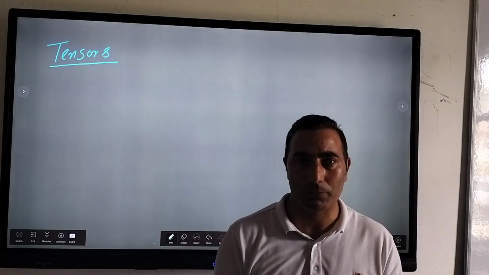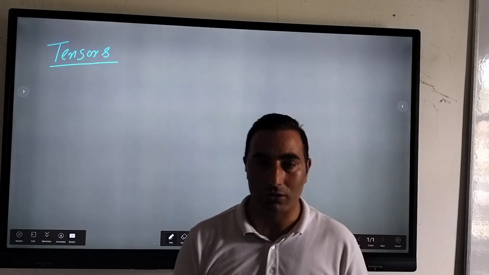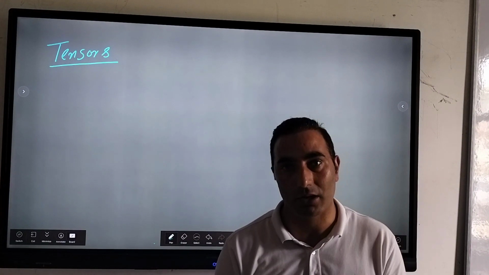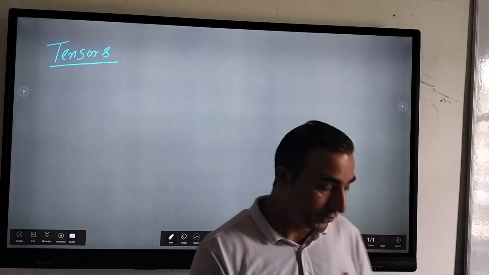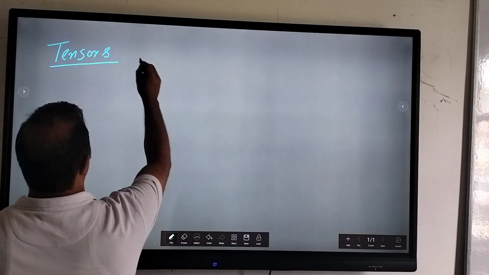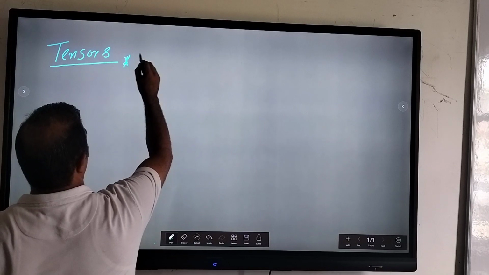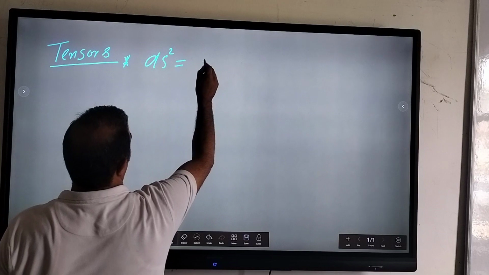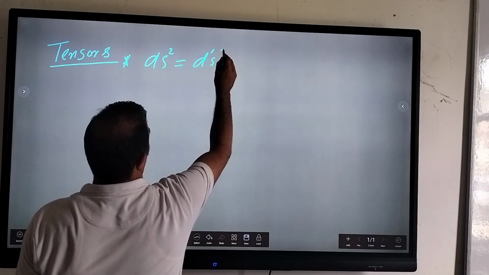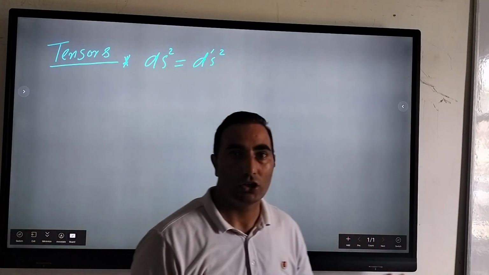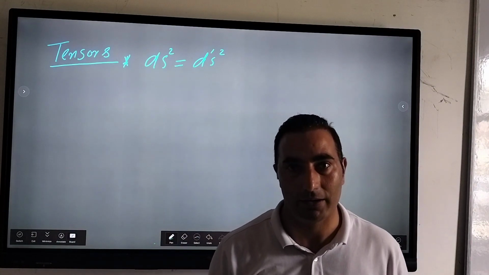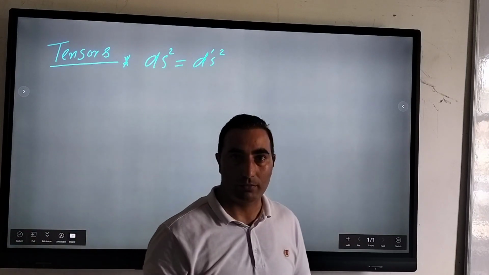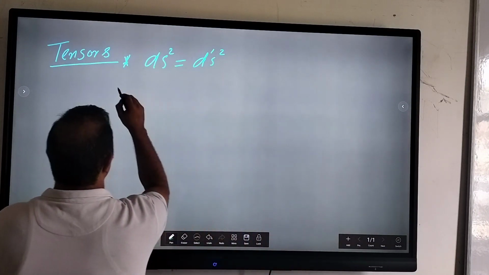Today's topic: in the previous lecture we talked about how you can write that Minkowski matrix in terms of the transformation elements, right? So I will write here. We know that we can write ds square, that means the square of the length element. It should remain invariant, right? Or you can write this in terms of the Minkowski matrix, because this will be equal to